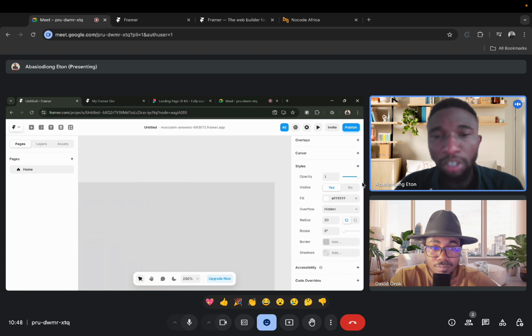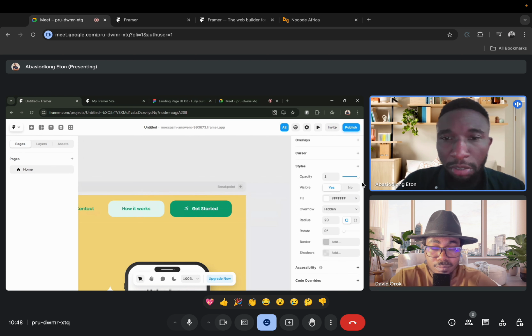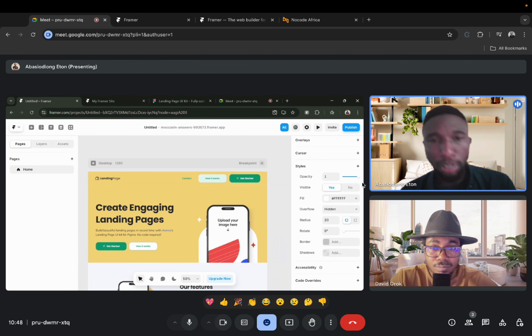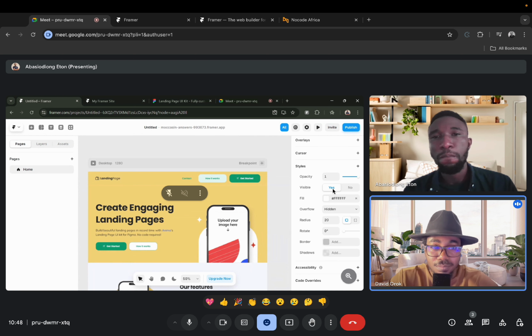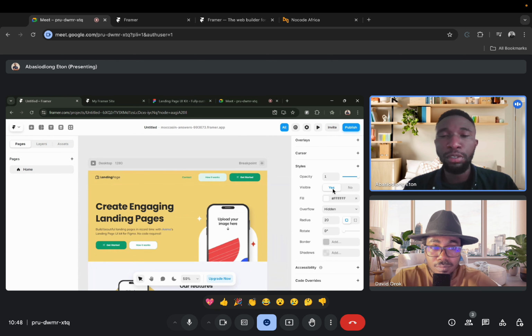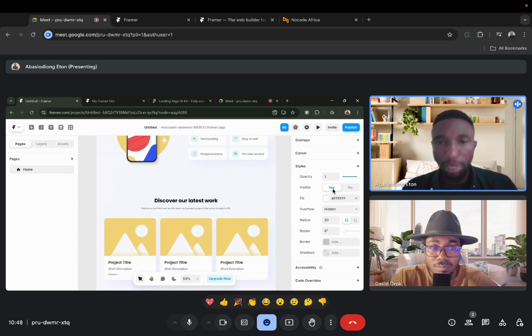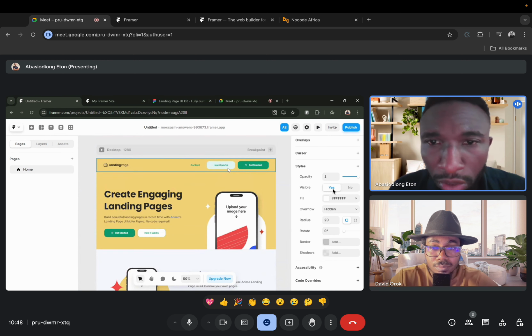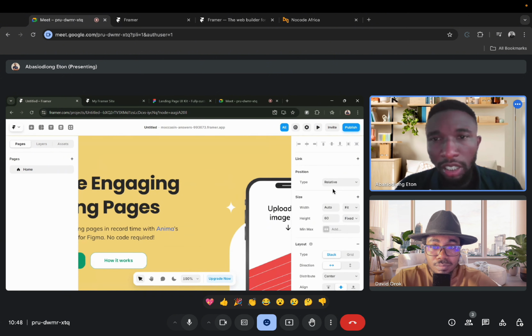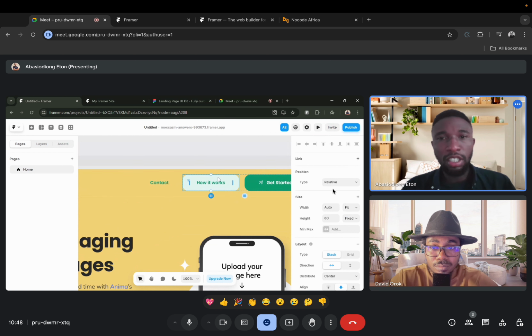Now, to convert this to a button, just like we have on Figma, we have something we call components. Buttons are supposed to be components because you can reuse them. Exactly, so you can reuse them. And even the navigation here is supposed to be a component, which I'm going to show you guys how to do. So quickly, I'm going to convert this button to a component, and the shortcut for this, if you're using Windows like I do, is